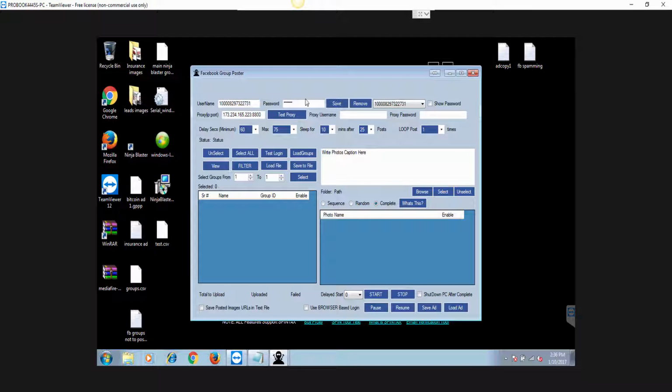In here I have many Facebook accounts, quite a few of them. But here's one that I'm using, and what I normally like to do is set up my delay at around 90 seconds, and the maximum is 105 for the delay. You want to have this high enough so that Facebook doesn't ban your account or try to block you from posting. If you post too fast, Facebook will block you,